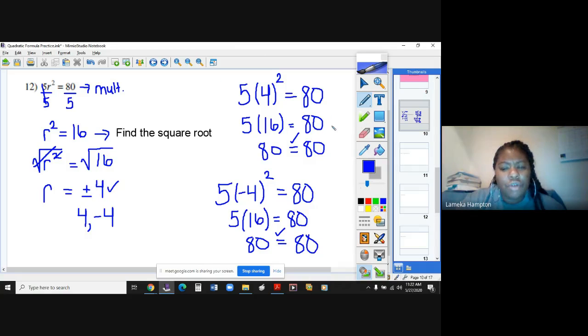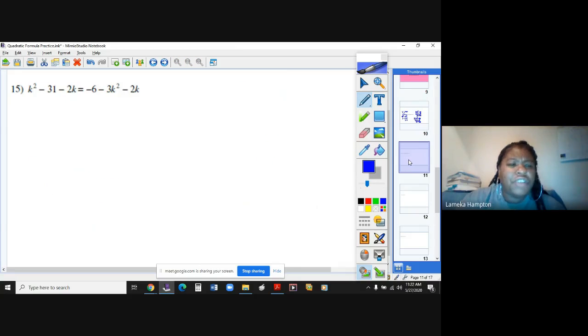All right, so now we are going to mosey on along to the next problem. With number 15, you're going to have to do a lot of maneuvering around, simply because this is not in the quadratic equation form that we want. Remember, you want,